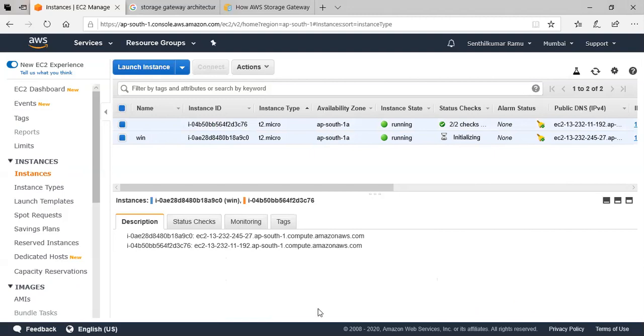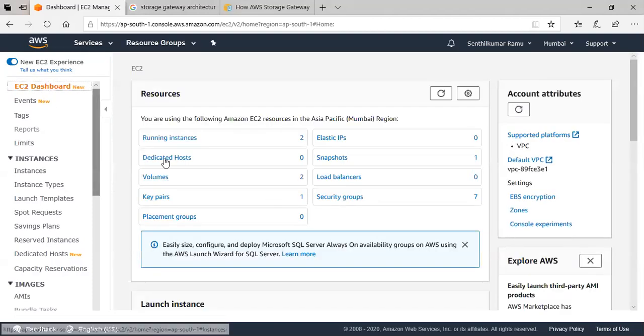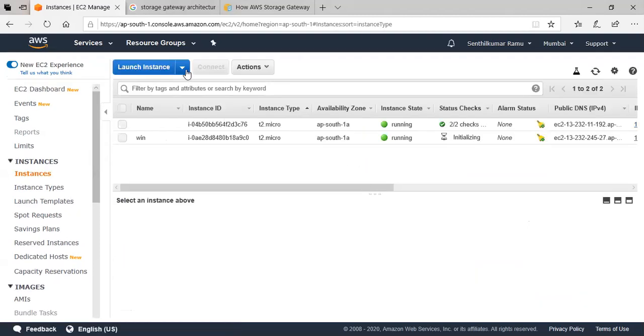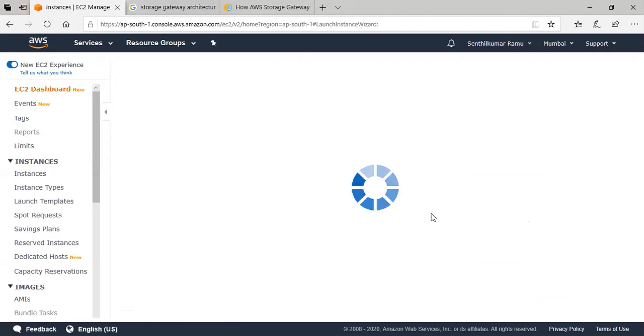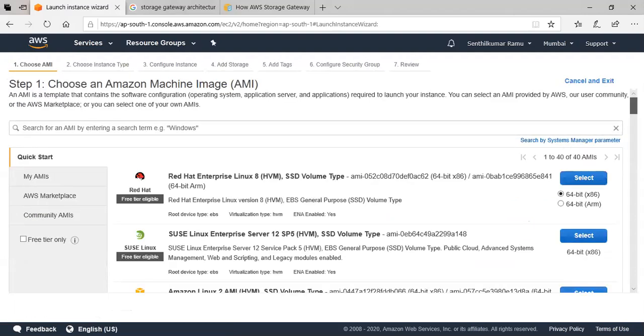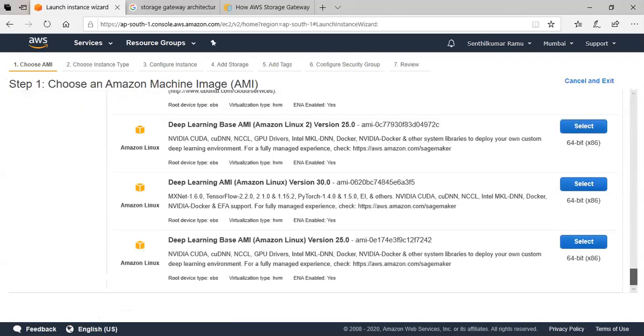So Senthil, there are three types of instance type, right? A, T, and M. There are multiple types, hundreds of types actually. If you go to the EC2 dashboard and select instance, you get so many instance types.